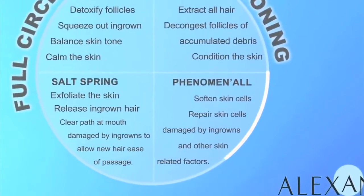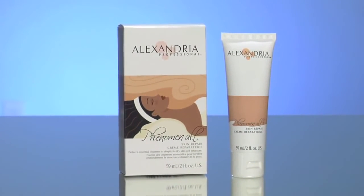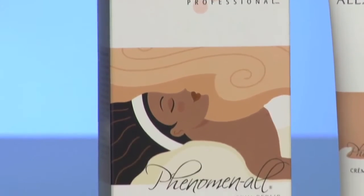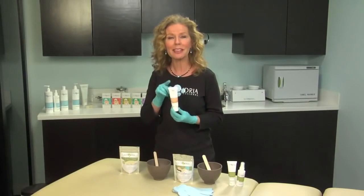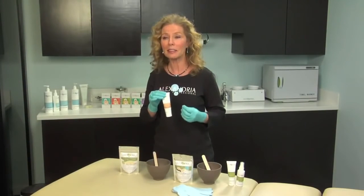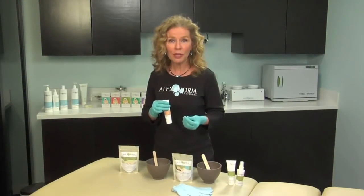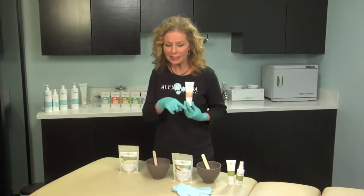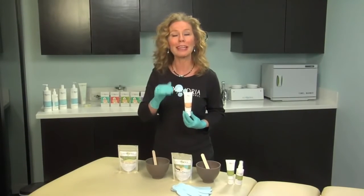But we have one more key ingredient that brings all this together, and this is called our phenomenal skin cell softener. This is not a hydrating lotion. That's the purpose of the Restore lotion or our Dermaware line, to hydrate your skin. The purpose of this is to really soften your skin cells. If you're suffering from excess dead skin, or you have keratosis on your arms, or you have excess ingrown hairs, this is a miracle. Between this system here and the sugaring, you will get rid of all conditions that are related to excess